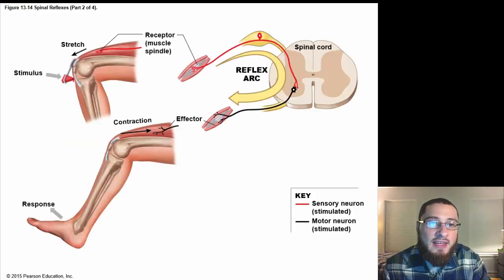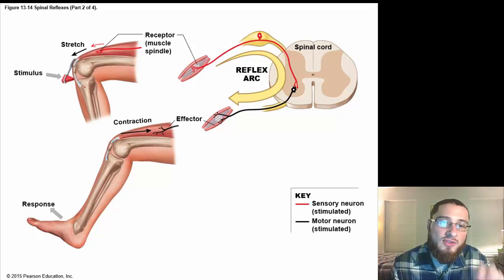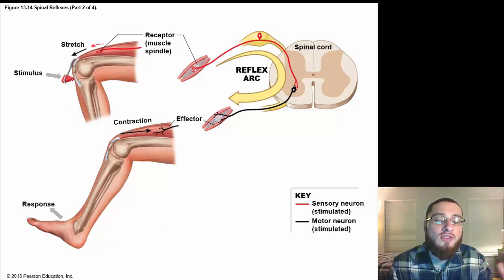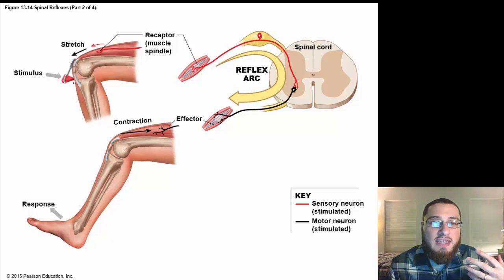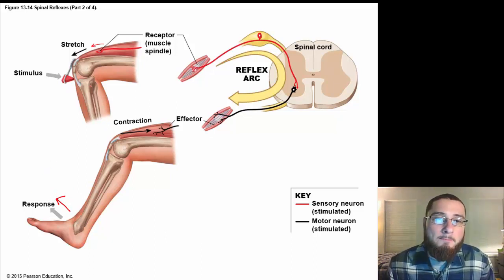So you go to the doctor, they hit this patellar tendon. Okay, it is going to stretch this muscle. It is telling your spinal cord that you are falling. So it's actually tricking you by them hitting this. It's tricking your spinal cord into thinking that your knee has now bent and you are falling, and it is going to tell your muscle to tighten up, and the response is that your leg is going to kick out. If your leg did give way, then it would be good. It would help you maintain your balance,